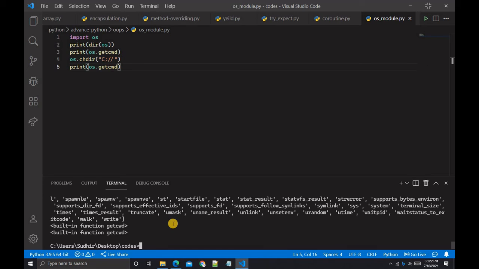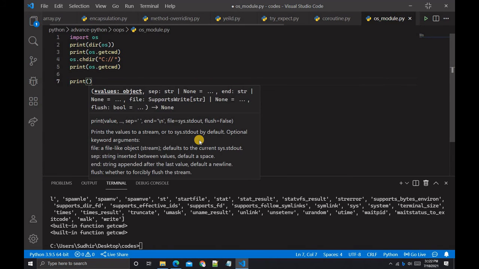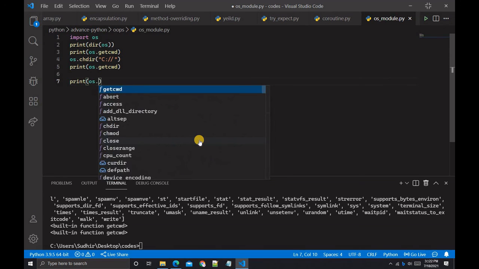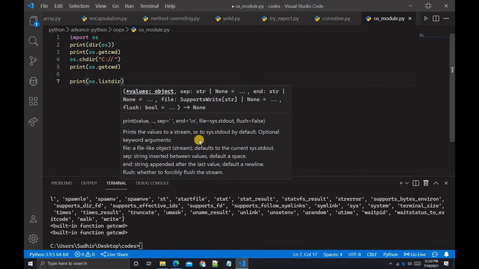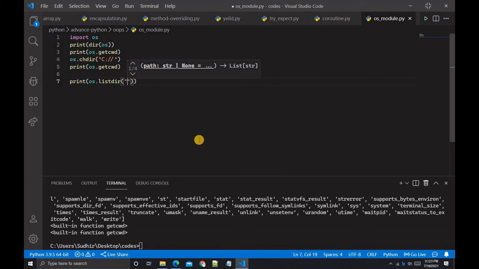Then we have to type print(os.listdir()) with the drive name. In this case I will type the C drive.